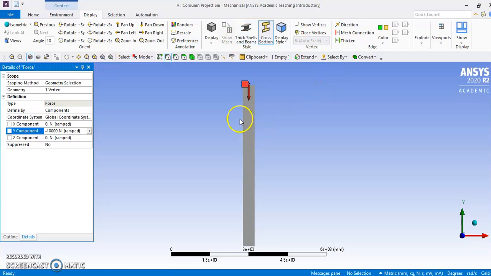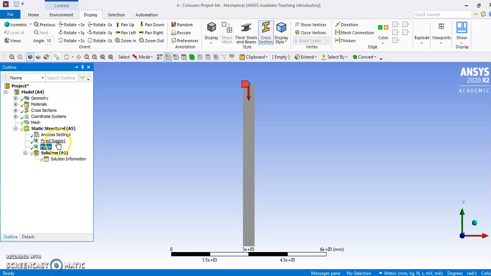Okay, you can just check the force has been applied at the top. So you can simply check the boundary conditions. At the bottom the column has been fixed, and at the top we are applying a force of 10 kilonewton. Once I complete the boundary conditions, I'll be right clicking on the solution option here